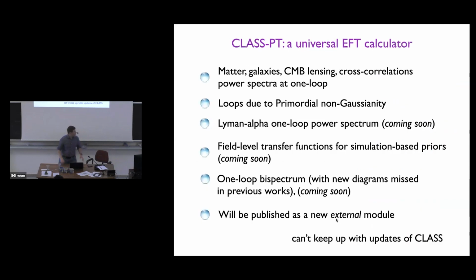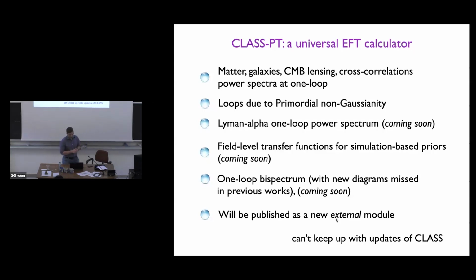All right. To start off, let me say again a few words about this class PT. So class PT is an extension of class that contains a huge number of different nonlinear calculations. So the idea is to really make a universal EFT library. Already now we have all the correlators for the power spectra at one loop for matter, galaxies, CMB lensing, involving